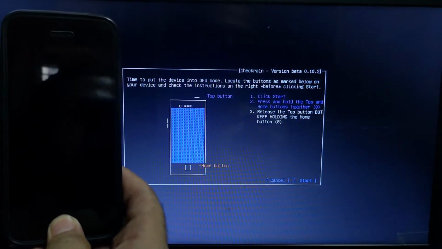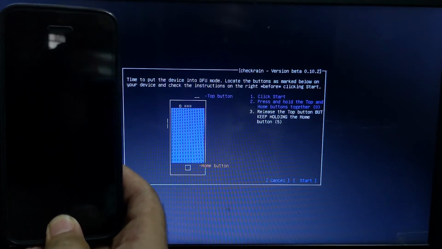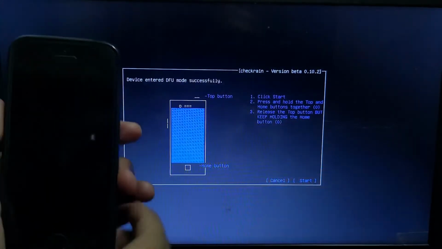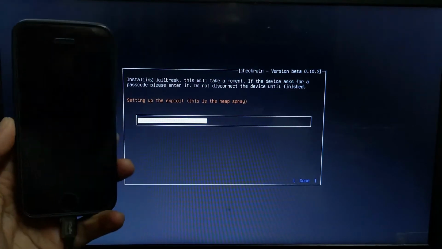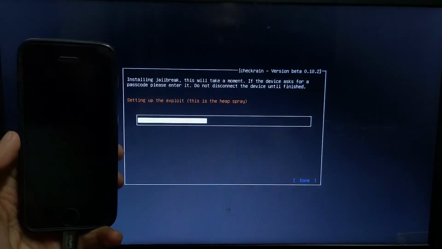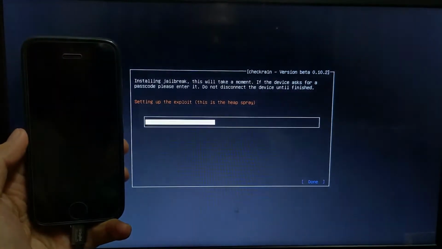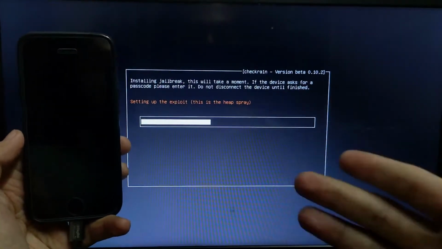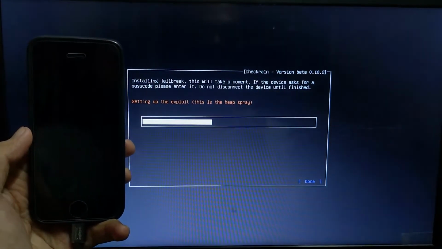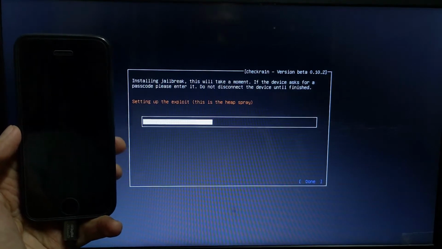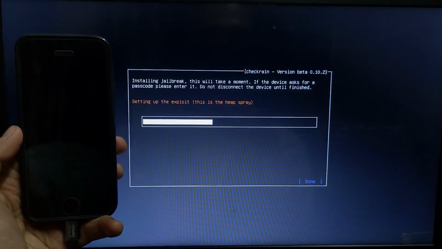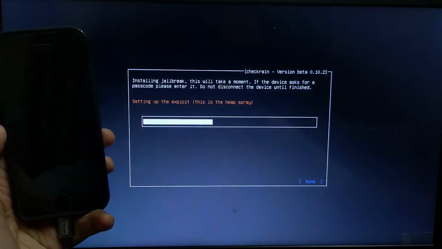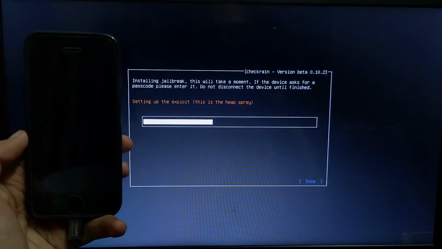If you ever notice, when you jailbreak iOS 13 devices, it will jailbreak in 5 to 10 seconds. It will not take too much time. But when you jailbreak iOS 12 devices like iOS 12.4.4 and other iOS versions like 12.4.7, it will take too much time and it will get stuck on the "right before trigger" error.